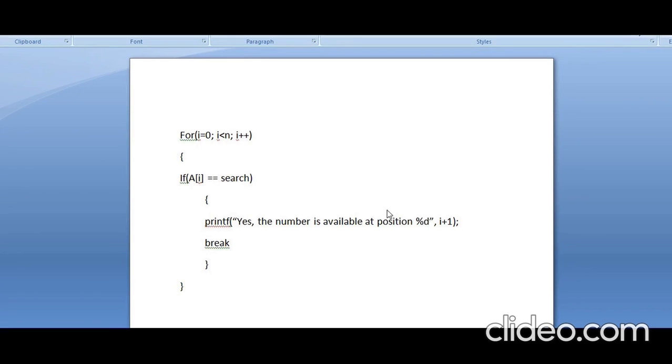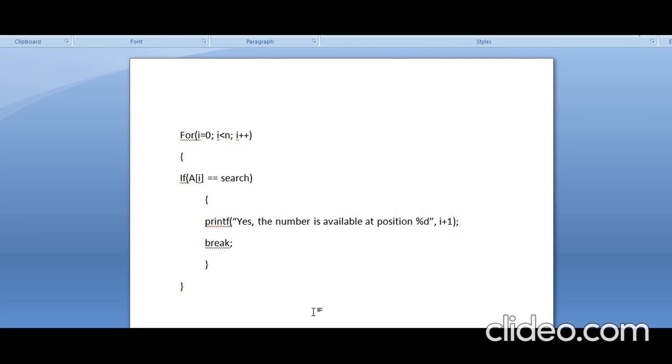How to get the position? As we have seen, we are going to apply this array with its respective index value. Index value will always start with 0, but the position will never start with 0. Position will always start with 1. So here I am making it I plus 1. This is the important one. People are hardly able to understand why I am writing I plus 1. The initial value of the index is 0, and the position will always be 1. So I plus 1.